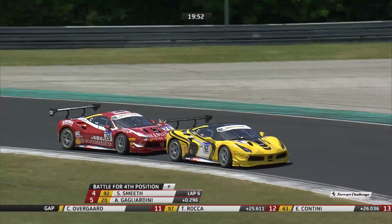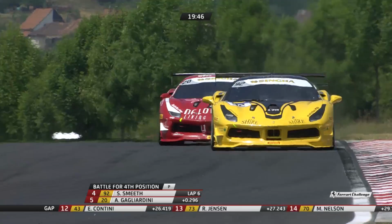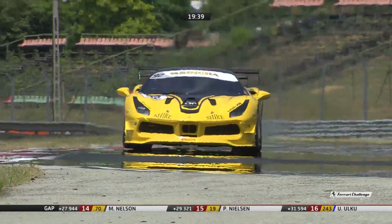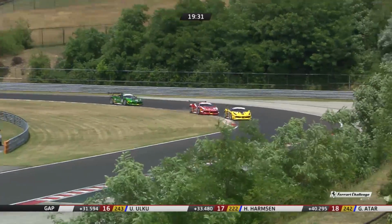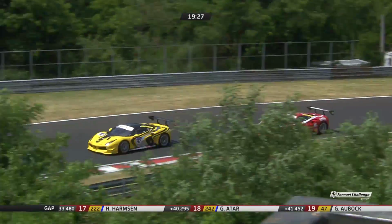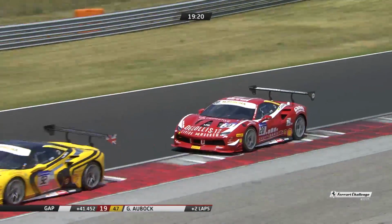Yeah. Okay. Well, Gagliardini is certainly following every instruction that you're making, Bjorn, because he's not giving him any margin at all. And this is some great defence driving from Sam Smith. Gagliardini just taking a look at the inside through the chicane here, where you go in and you take the curb, and you take the curb on the way out as well. And Smith really is feeling the pressure now, but at the moment he's been able to resist, as Gagliardini then just caught the curb, and the back end of the car looked like it stepped out a little bit. So Smith continues to defend,